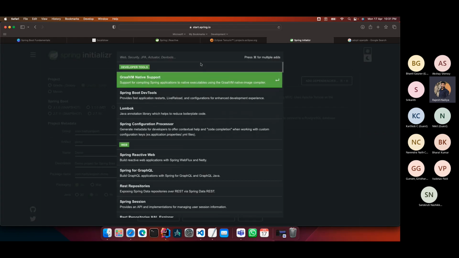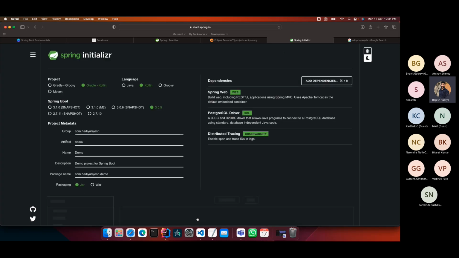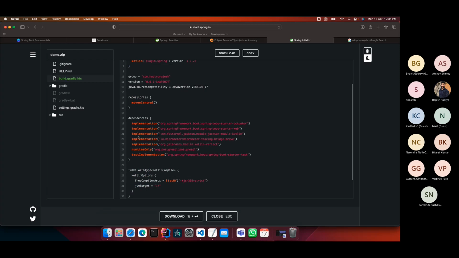Let's say I want to work with JPA. We will see what JPA is. Basically, it's the Java Persistence API, and it makes working with the database really easy. If I want to include that, I go to Explore. I can see a new dependency is added called Spring